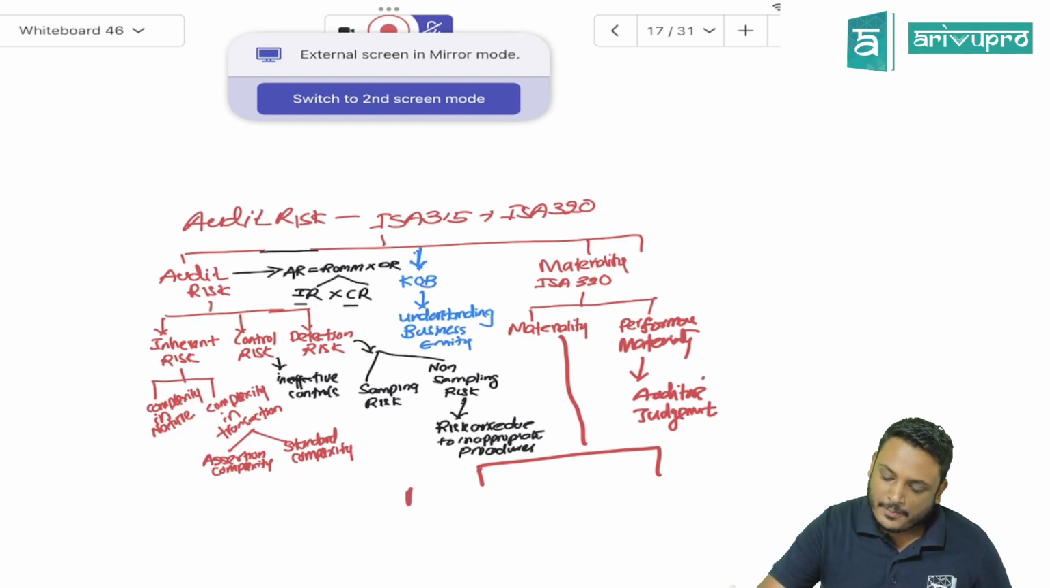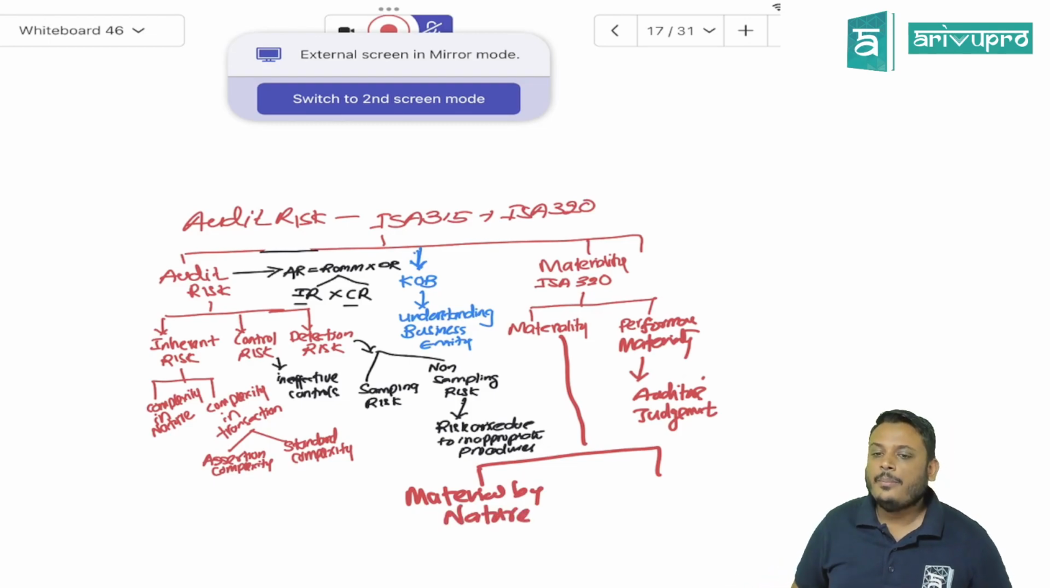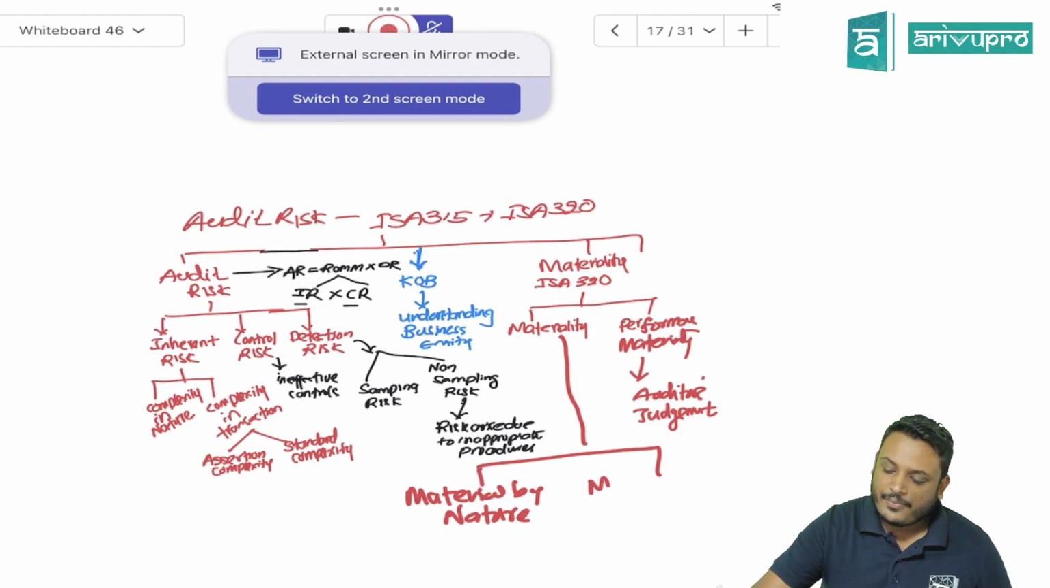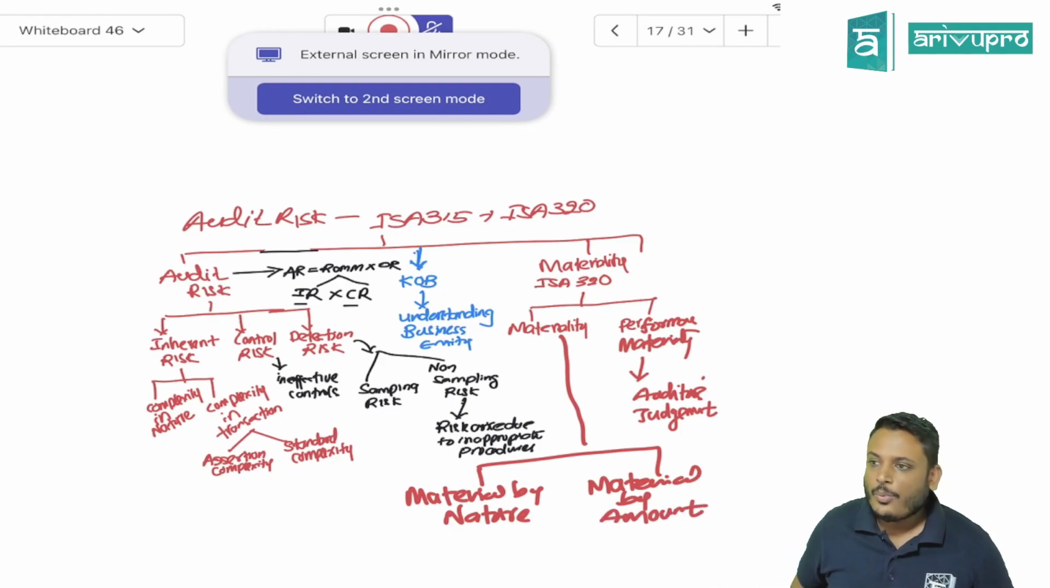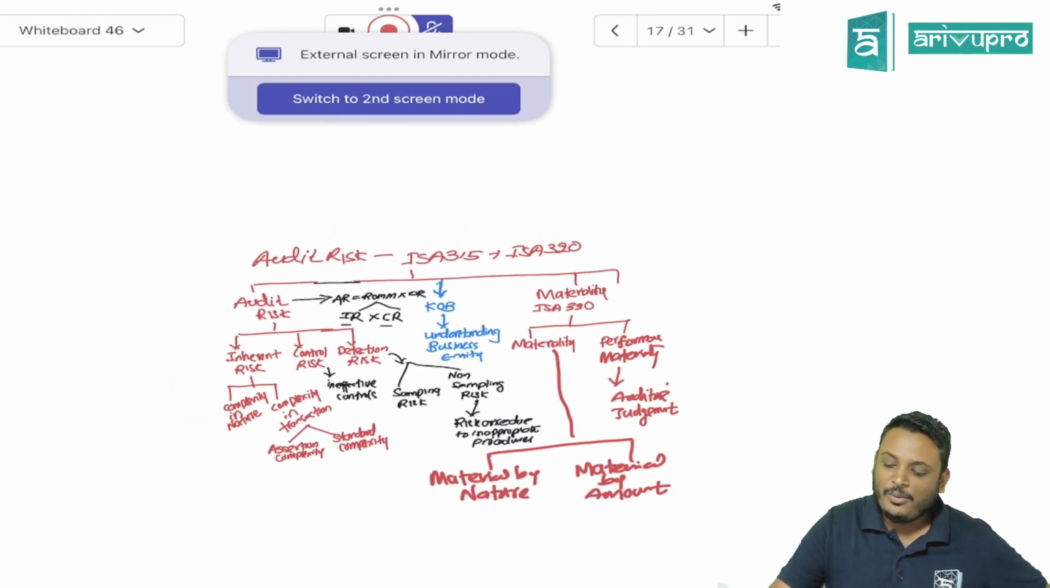One is material by nature. Two is material by amount. Clear? Under material by amount,